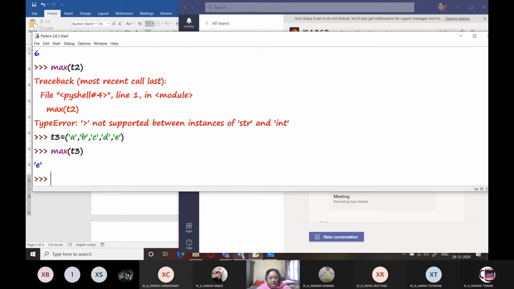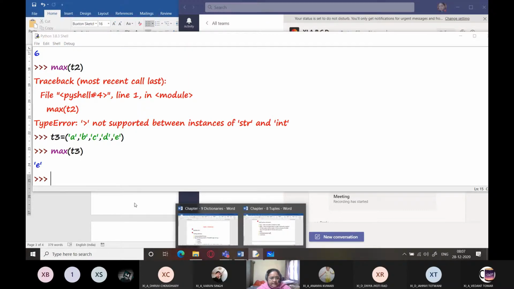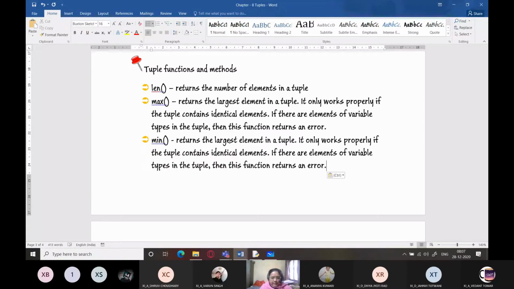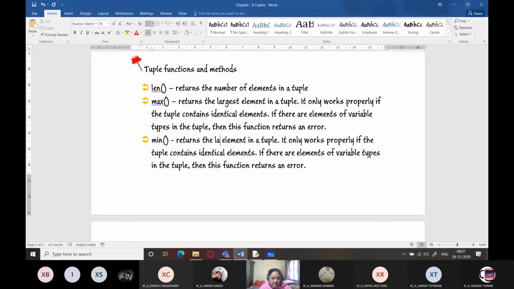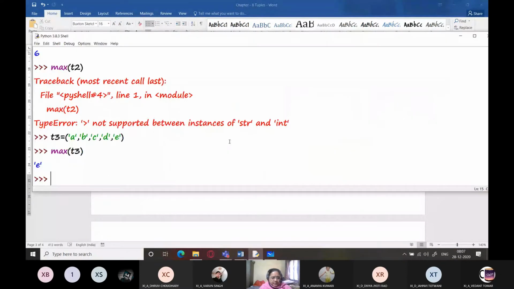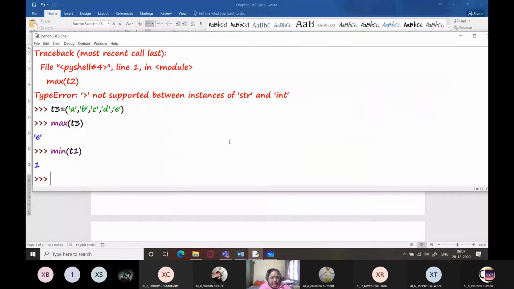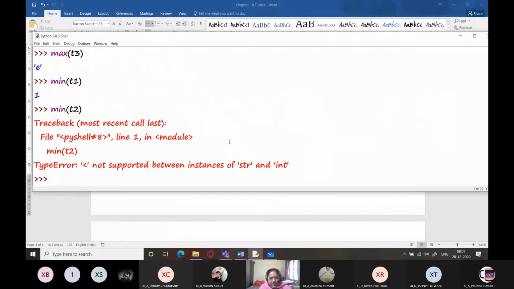And the same goes for the min function also. Its definition is also going to be the same. Only thing is, it will return the smallest element in the tuple. So I write min T1, it gives me the smallest element. I give min T2, it will give me an error again.